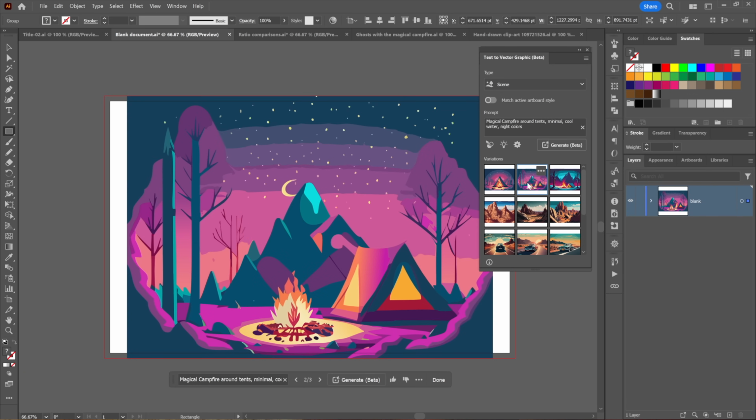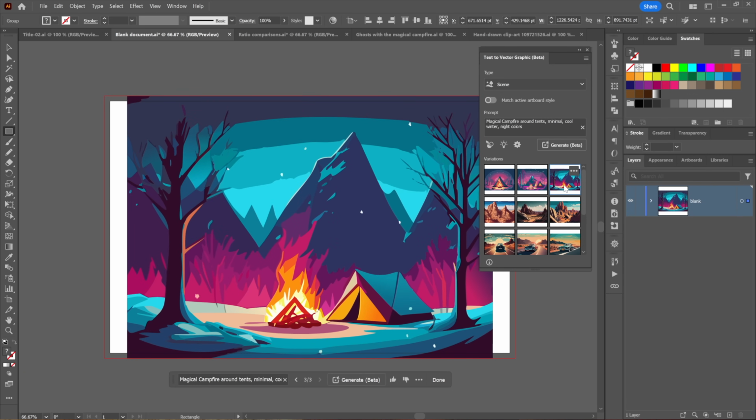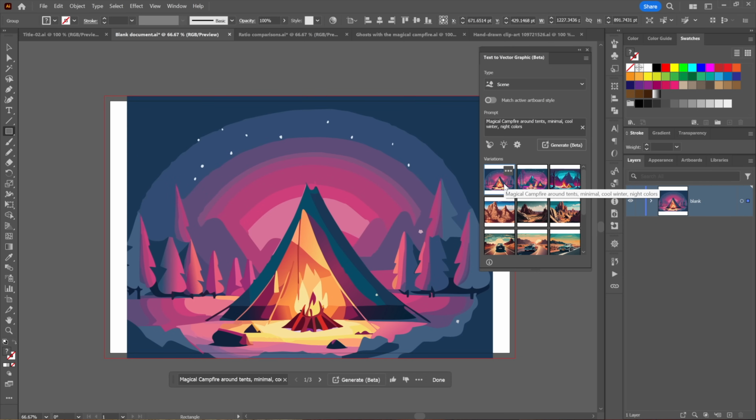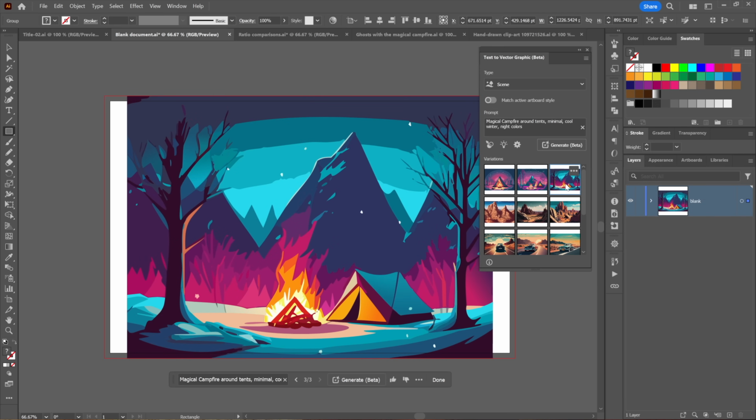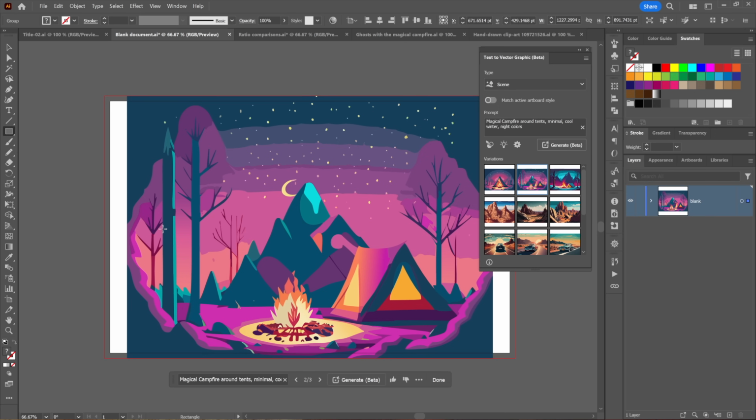And I can click through these, by the way, to decide which one I like best. Is it going to be just the single tent with the campfire in front of it? Just the tent, the one tent. Let's go with the one tent with the campfire to the side. Or we could go with the tree. Oh, that's cold. That looks cold to me. All right, let's go with this guy. It's awfully purple, but